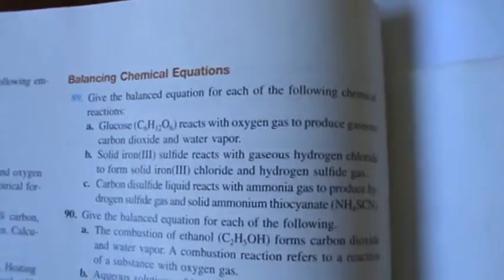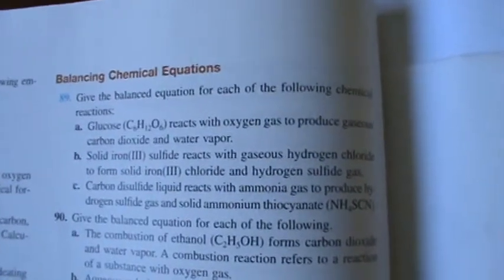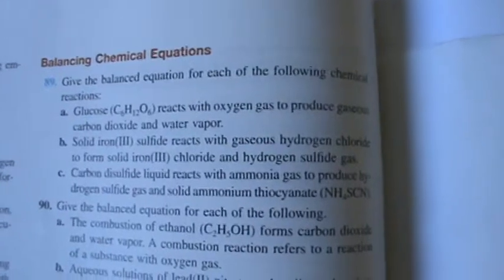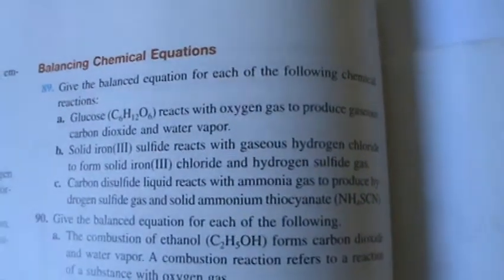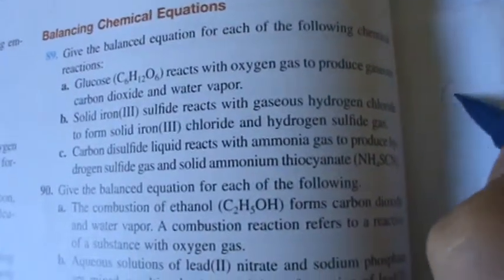Homework Help with Jen. We're doing Chapter 3, Problem 89 here. And it says to give the balanced equation for each of the following chemical reactions. Alright, so A,